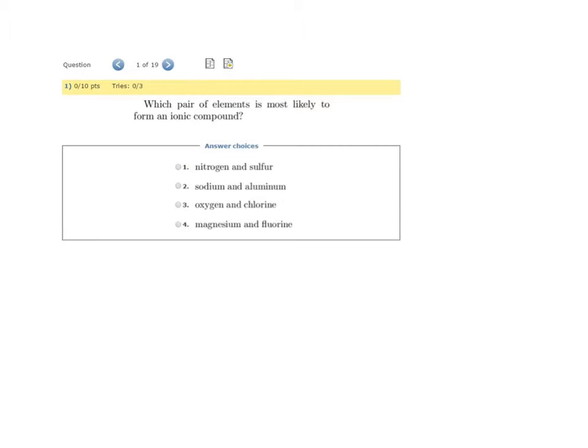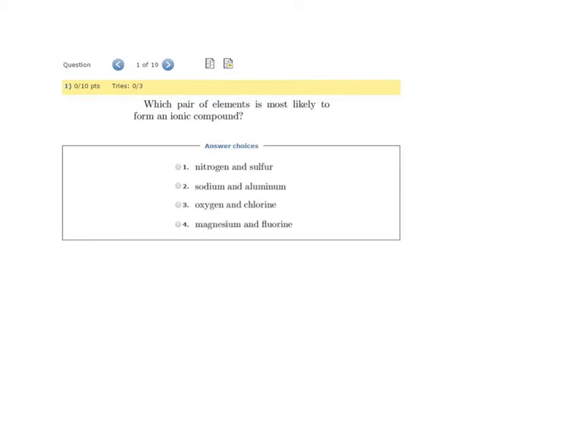So first question, which of these is most likely to form an ionic compound? There are two ways to figure this out. One is you could look them up on the periodic table and pick the two elements that are the farthest apart, because those are most likely to have the greatest electronegativity difference. The other thing you could remember is that ionic compounds are typically formed when a metal bonds to a nonmetal,